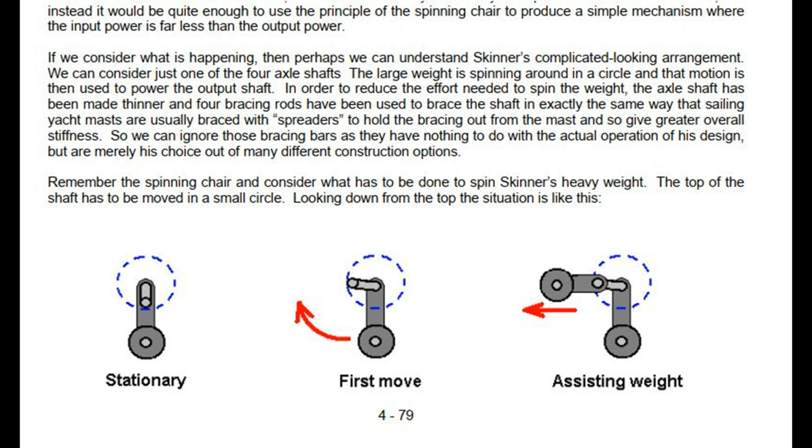We can consider just one of the 4 axle shafts. The large weight is spinning around in a circle, and that motion is then used to power the output shaft. In order to reduce the effort needed to spin the weight, the axle shaft has been made thinner, and 4